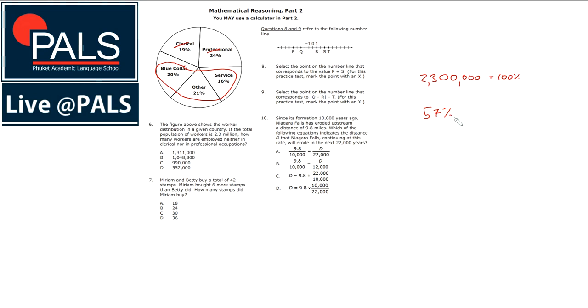And again, this time we can use a calculator. So in the actual GED exam, you will have an on-screen calculator where you can use that. You may have the percentage sign there, so you could just do 2.3 million, 230,000 times 57%, or you do this, and that is equal to, probably don't even need a calculator here, because if we look at the number, half of